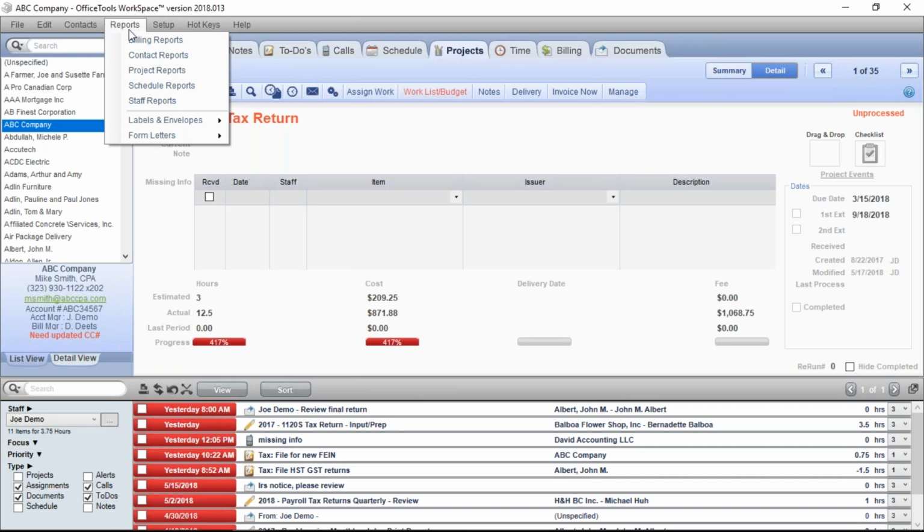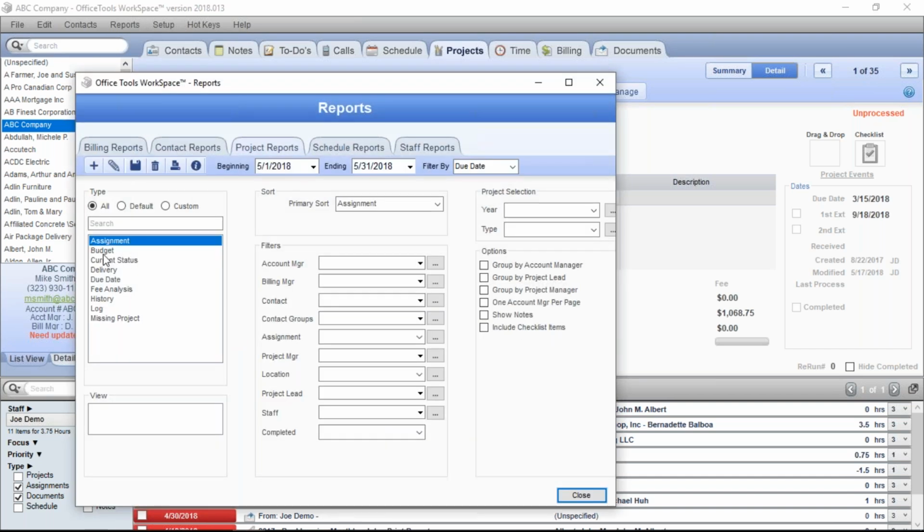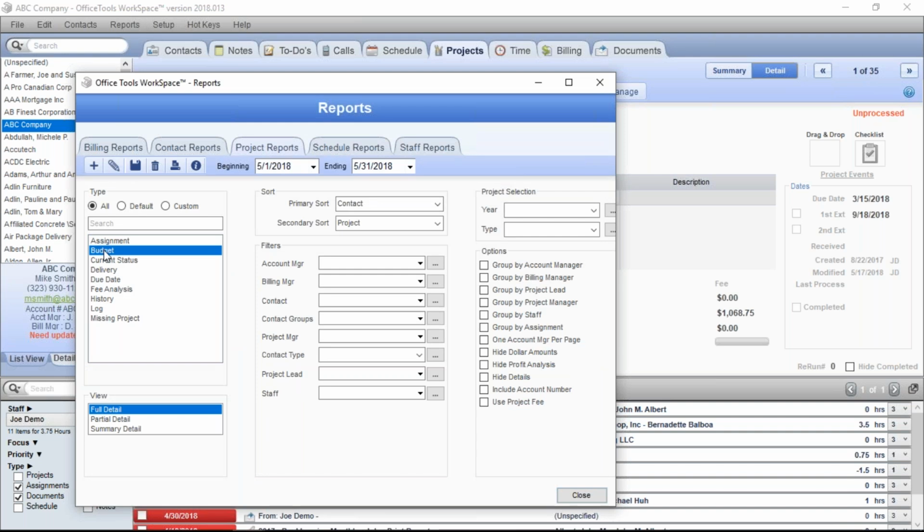So we're going to go to reports, we're going to go to project reports, and the first one is aptly named budget. So as far as what projects we have, how much time we've allocated to them, what we've actually tracked, and the differences between all those things, this is going to be the report that's going to help you find those details. And it has all the appropriate filters and sorts and options on it.